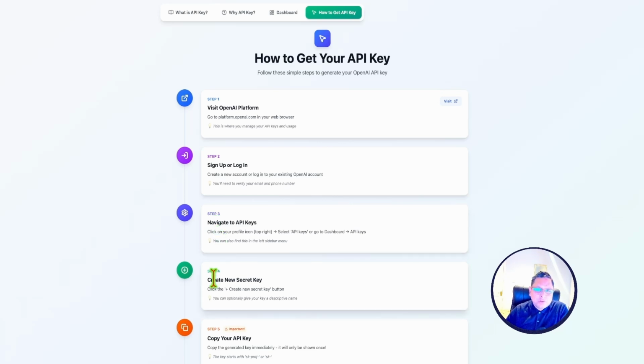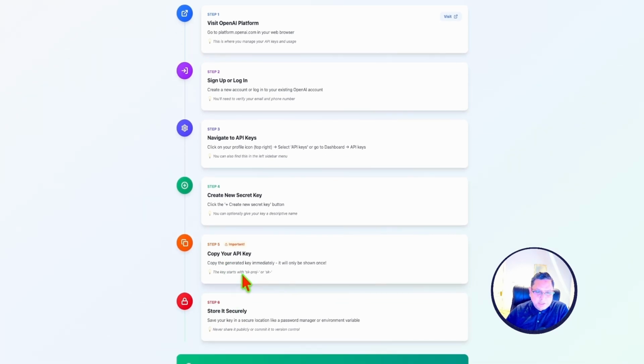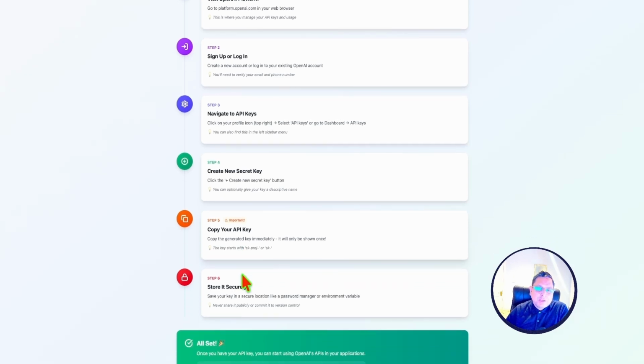And step 4, create a new secret key. And then we need to copy our API key. Here is the key thing, this is very important. You can see this key only once. So we need to copy it and store it somewhere securely.